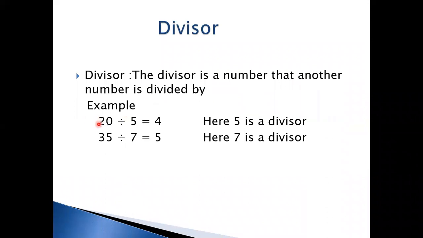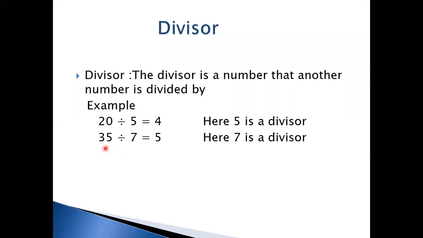With the help of an example, we can see 20 divided by 5 gives 4. Here 5 is the divisor. Let's recall the name of this 20 in the terms of a division question. 20 is used as the dividend and 5 is used as the divisor, where 4 is our quotient. In fact, this is our answer. When we divide 20 by 5, our answer is 4, and this is our quotient, which is simply our answer in simple words.